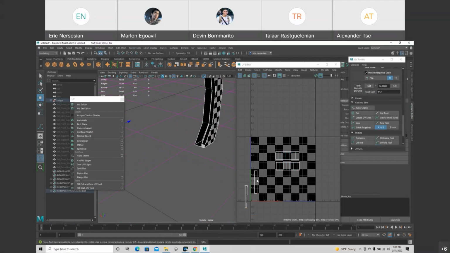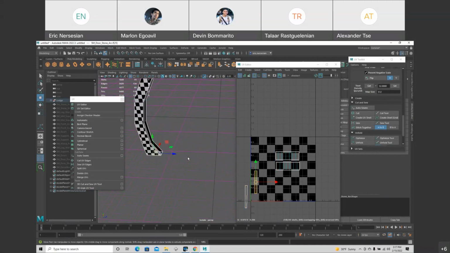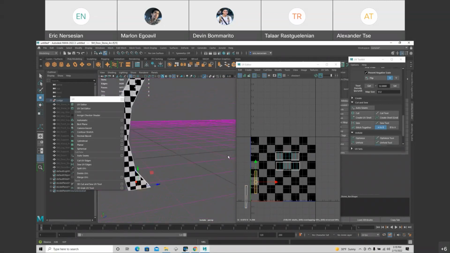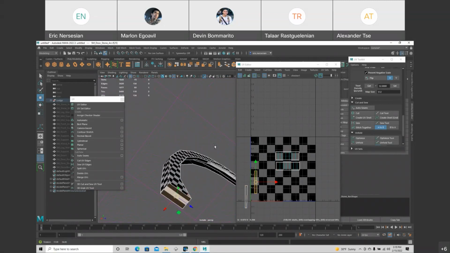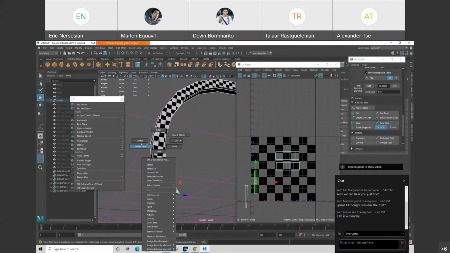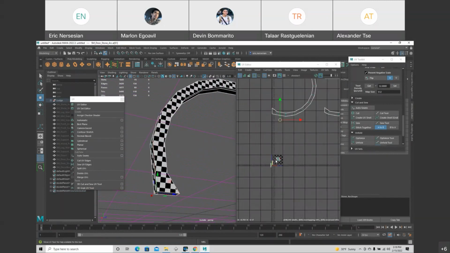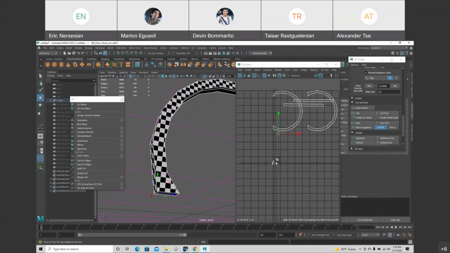Usually you're supposed to have your model done before you go into UV space, but it didn't mess the UVs up. So who am I going to attach this to? It really doesn't matter because you're never going to see it. So again, you can delete it, which I'm kind of tempted to do, or I'll see which face I want to join it to. I guess I could just join it there.